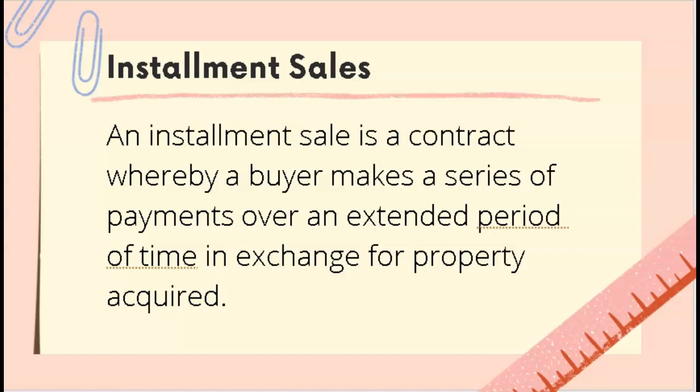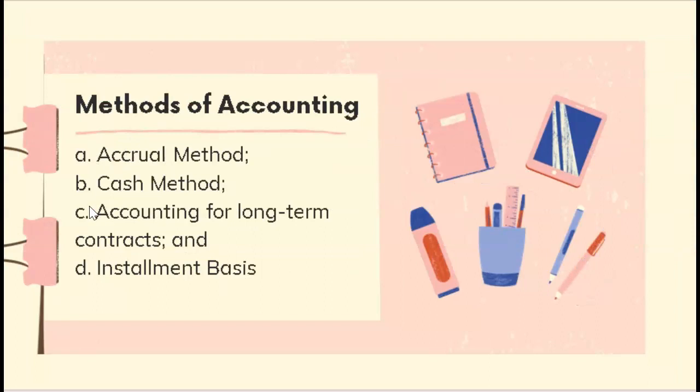So take note, Section 49 of the Tax Code provides that for sales of dealers in personal property, sales of realty, and casual sales of personality, and sales of real property considered as capital assets by individuals are computed based on installment basis. So any of the foregoing methods may be employed by any taxpayer. Okay, you have the accrual, cash, accounting, installment basis,